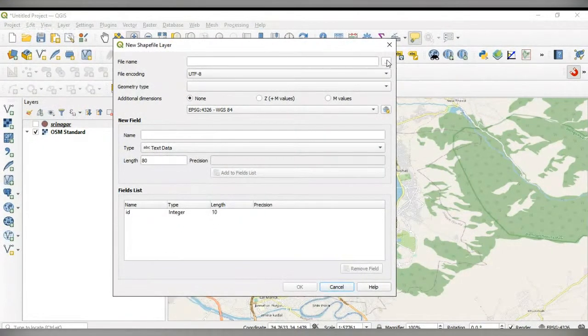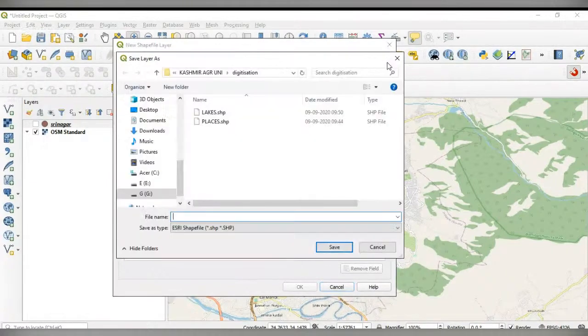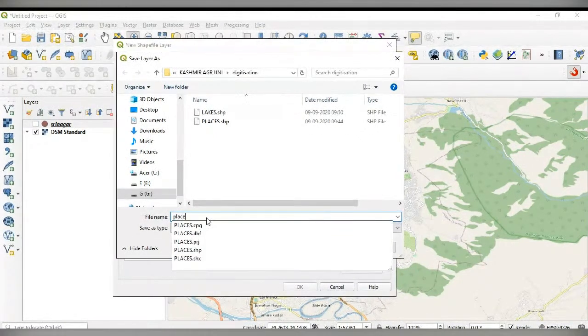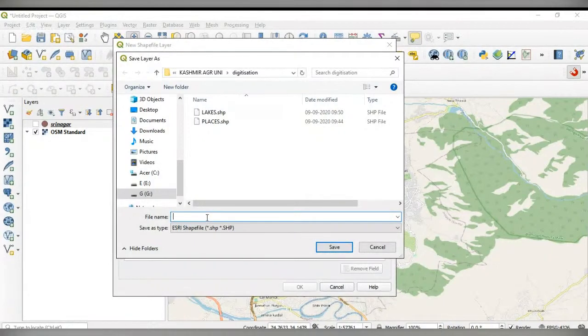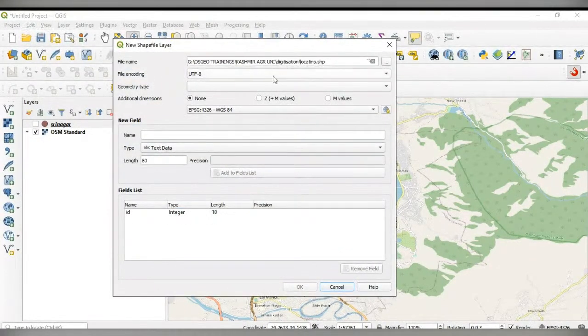And you go to your folder location where you want to save these points. And this is places or locations. Save it. So this is the place name.